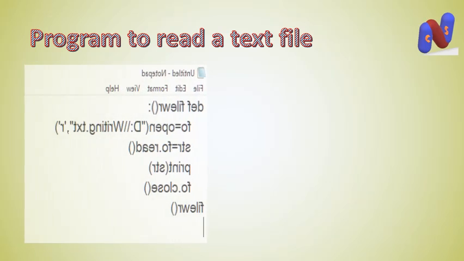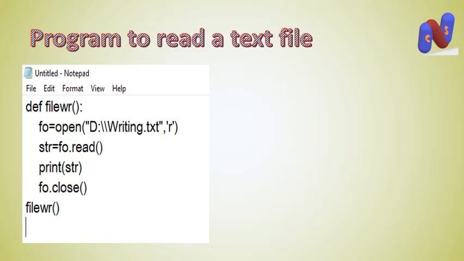Now the third program: how to read data from a file. Def file_wr, now fo equal to open, and after that there is a particular string, d:writing.txt, the same value as the previous file, that's the path of the particular file. We are going to read the data in our program from that file. Previously I showed you all the output directly from the text file, but in this one we will read all the text from the text file in our program. So don't be confused.